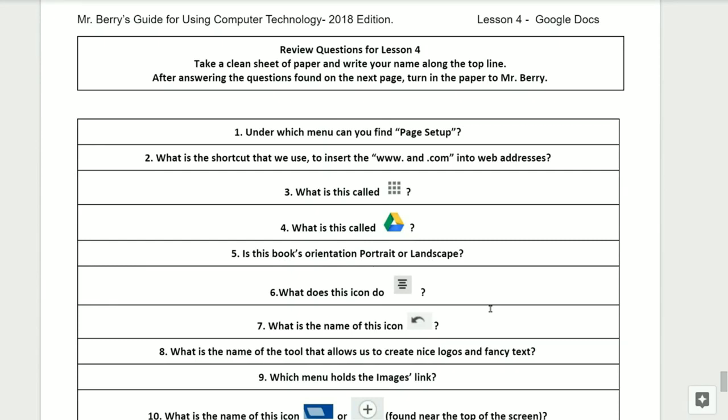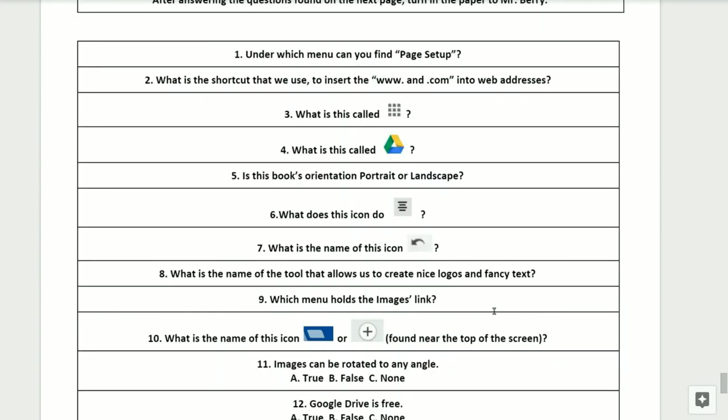If you're taking this for credit, take a clean sheet of paper and then write your name along the top line. Or you may email me the results. After answering the questions found on the next pages, turn the page into Mr. Berry. Question number 1. Under which menu can we find the page setup? Question number 2.